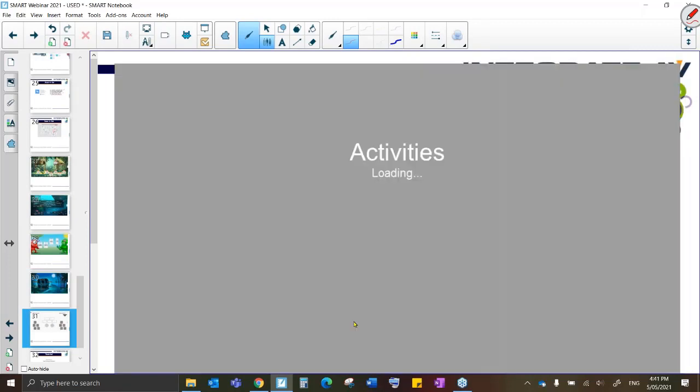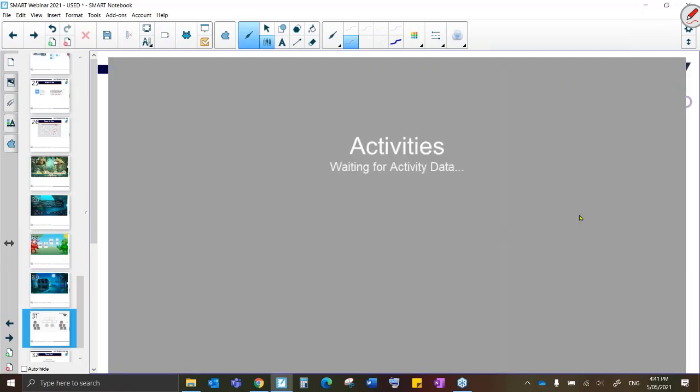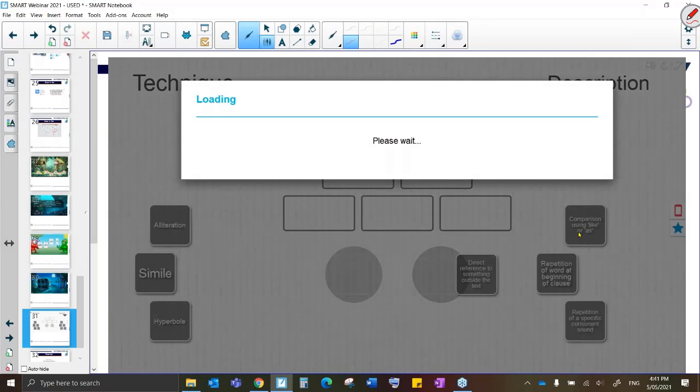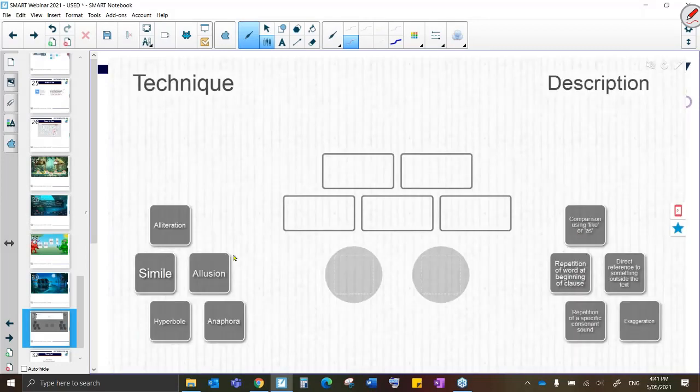And then finally, with match 'em up, here we're matching one thing with another. So we might match a word in the target language with that same word in English. But here we're using a technique and an example, or sorry, a description of that technique. So we might say that